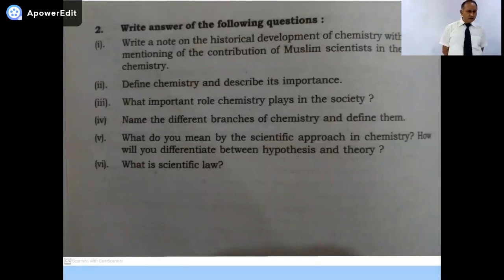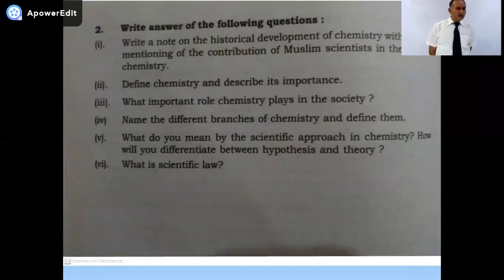And what else you have to define? Define chemistry, its importance. You know its importance. You have submitted an assignment also. Because most of the assignments are very, very short. It should be at least 1 page of copy to answer this question, at least. Because the importance of chemistry is great. Now, the next,